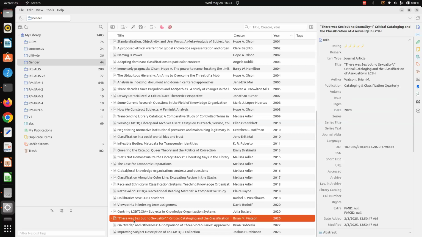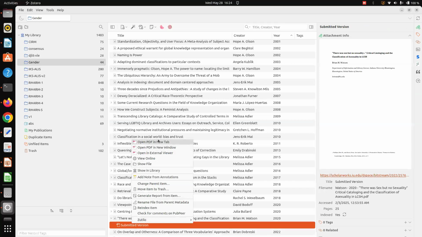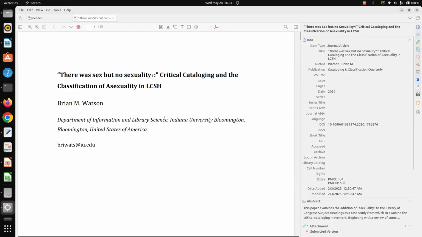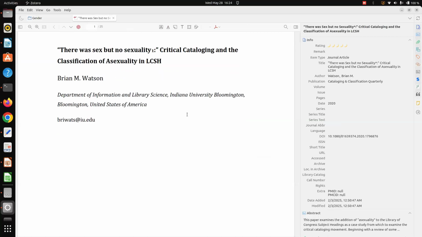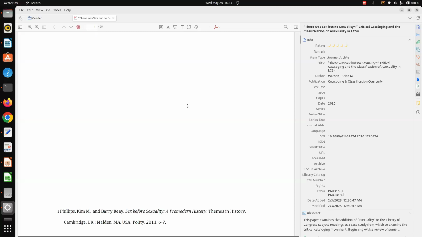So this paper, let us see, is one of the mostly cited papers in this particular domain. It is actually talking about the inconsistency of a subject indexing system like the Library of Congress subject indexing system. B.M. Watson is presently a librarian of the Harvard School of Law, quite famous all over the world.